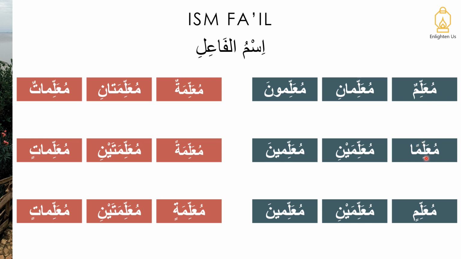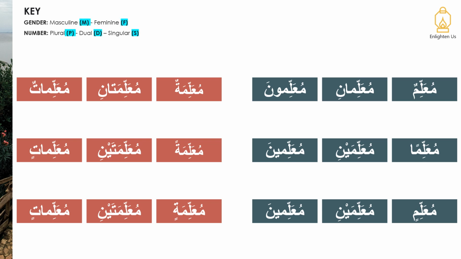So we have mu'allimun, mu'alliman, mu'allimin, mu'allimani, mu'allimaini, mu'allimuna, mu'allimina, and then the feminine forms: معلمات, معلمتان, معلمتين, معلمات. Now if you're curious where these words have come from, it's worth going back and revisiting the lessons that